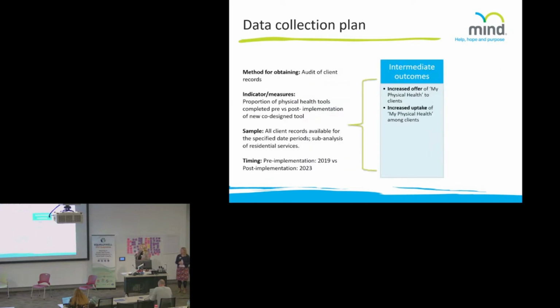Then for the intermediate outcomes, we're looking at increased offer and uptake of the tool from staff and among clients. So we're obtaining this through an audit of client records, and we're looking at what proportion of clients have a physical health tool completed pre and post implementation of the new co-design tool. So in 2019, when the old checklist was in place versus post implementation where the new co-design tool is in place. And we're planning on doing this for all client records that are available, but we're also doing a sub-analysis